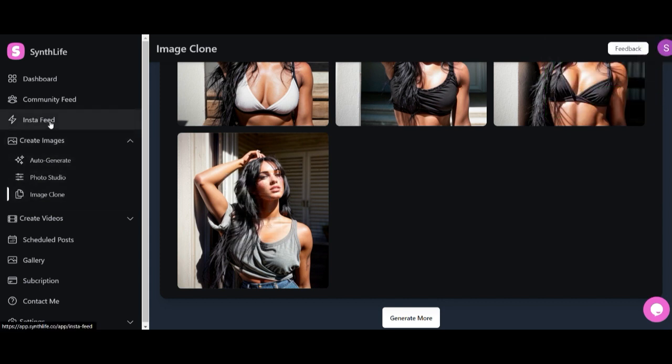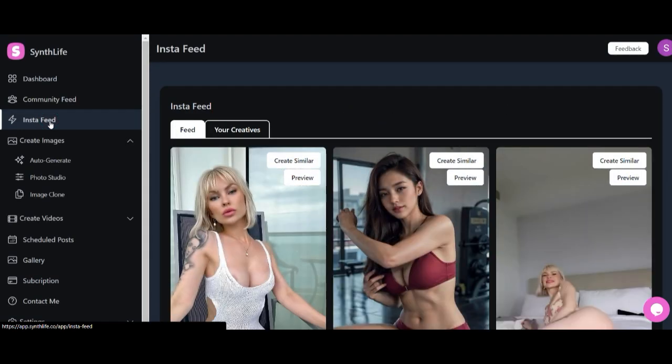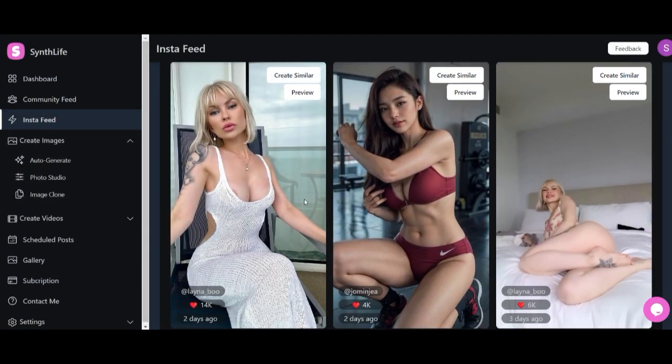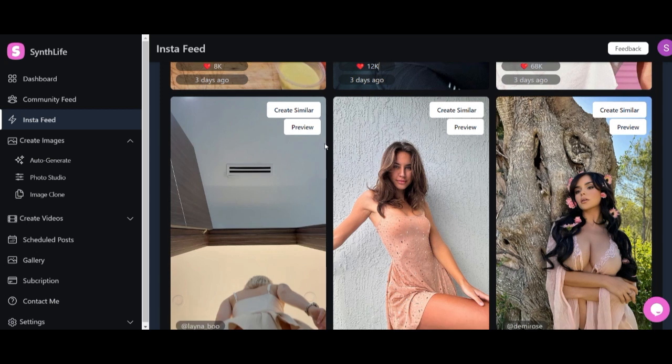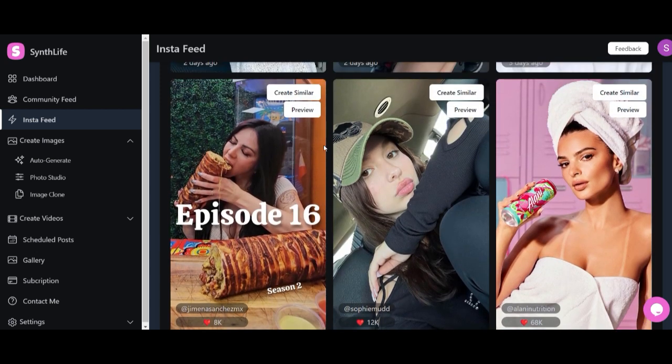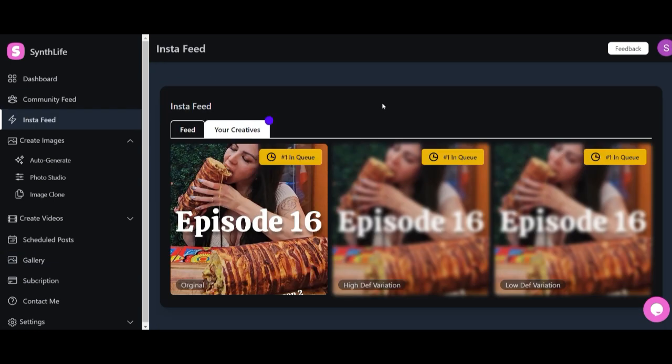Alright, and now another cool thing I want to show you is the Instagram feed here. If you need some inspirations, you can go there. And then let's choose this one. Then click on Create Similar. And wait a little bit. Now we can see the images are already showing up, but are still not finished yet. Takes a while, and